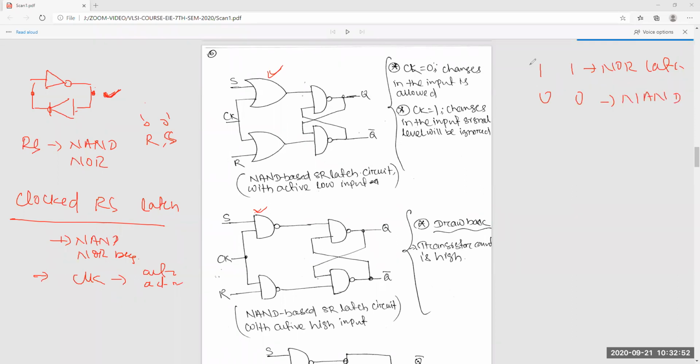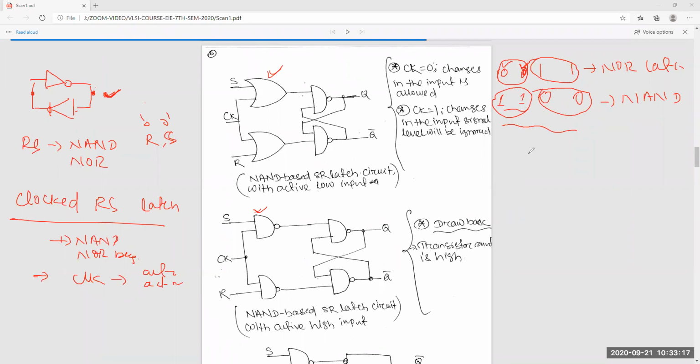If you give this value, you get 0 0 at the output, but that is invalid. And in the NAND latch, when you give 0 0 at the input, SR, you get 1 1. So that is also invalid. To avoid or remove that, we'll go for the JK flip-flop.